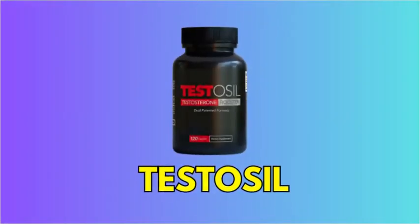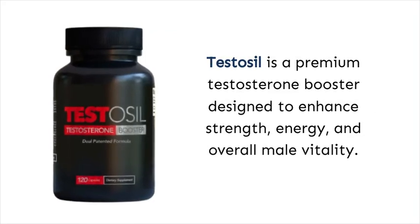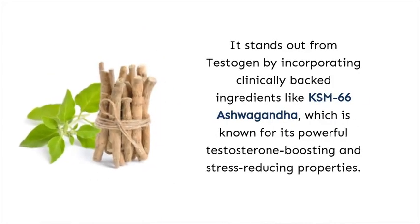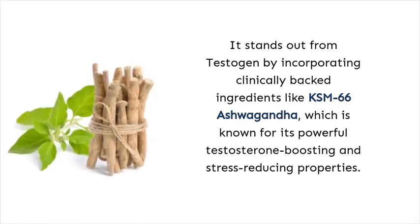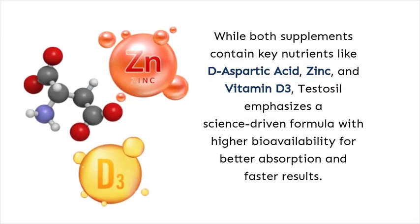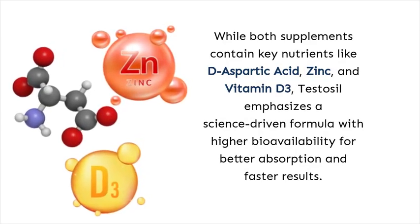Next one is Testosil. Testosil is a premium testosterone booster designed to enhance strength, energy, and overall male vitality. It stands out from Testogen by incorporating clinically backed ingredients like KSM-66 ashwagandha, which is known for its powerful testosterone boosting and stress-reducing properties. While both supplements contain key nutrients like D-aspartic acid, zinc, and vitamin D3, Testosil emphasizes a